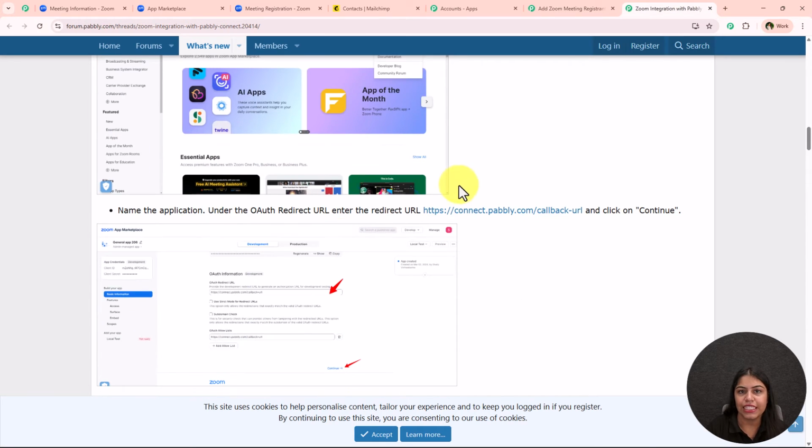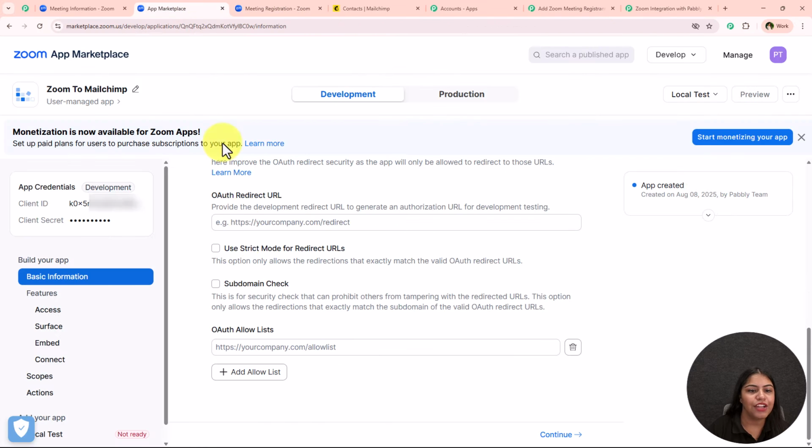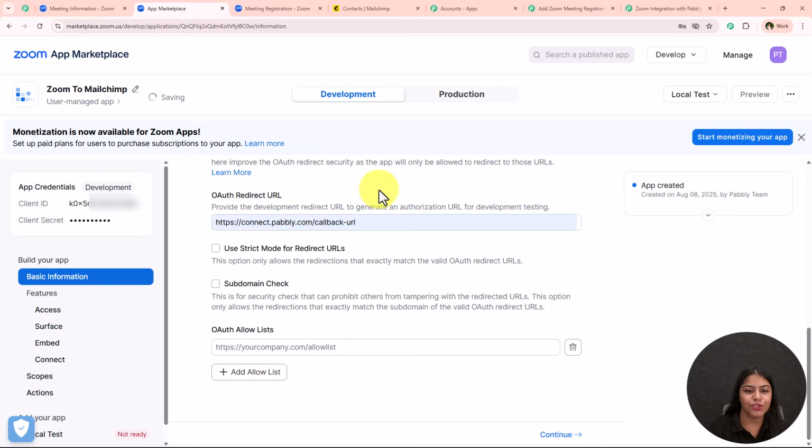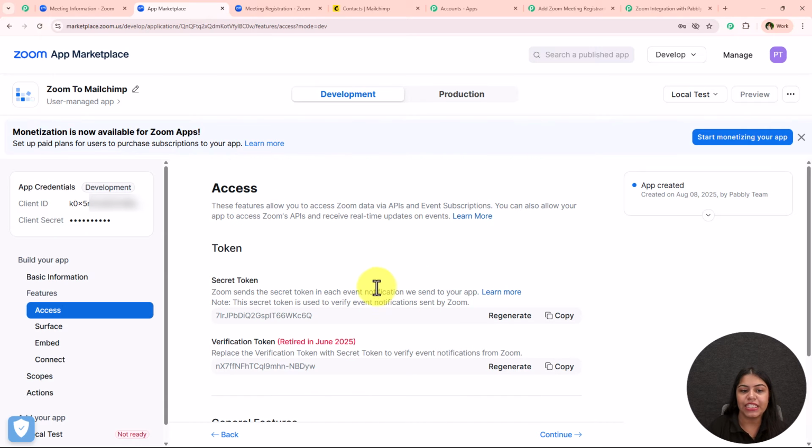have attached in this learn more. Over here you're going to see that this is the redirect URL. So I'm just going to simply copy this and then I'm just going to simply paste it right over here in this auth redirect URL. And once I add this, automatically this URL will be added in this allow list too. Alright, now what we have to do is we simply have to click on this button which says continue, and